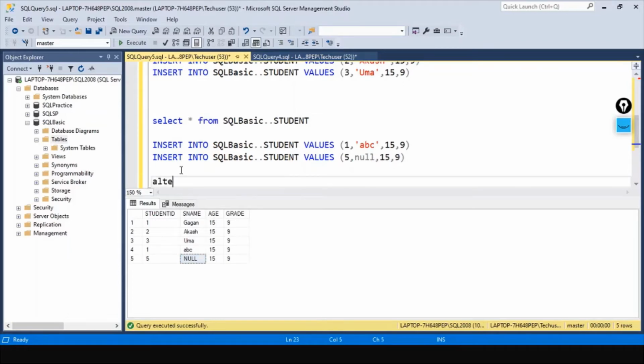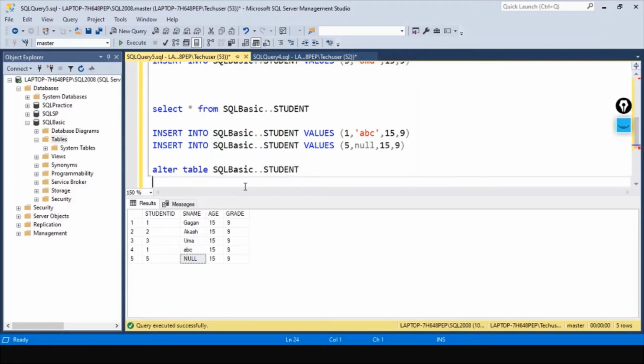This is the syntax: alter table, and then table name, let me copy it, then alter column s name, and you have to say not null.